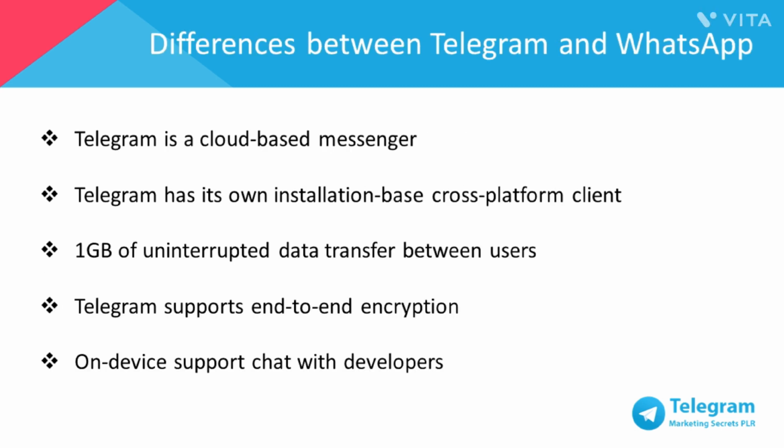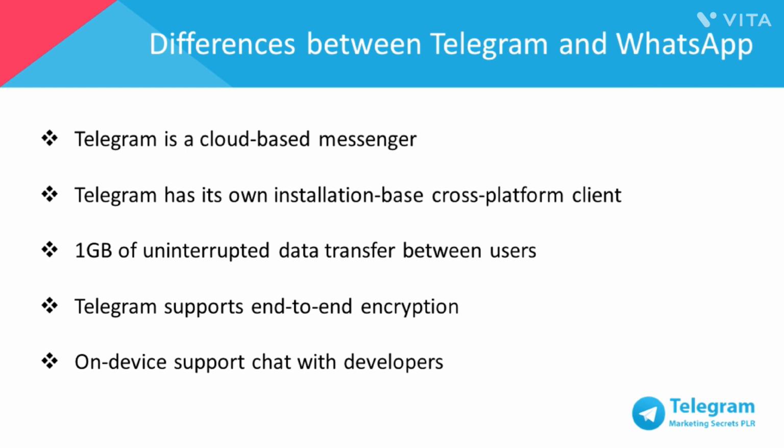Telegram is a cloud-based messenger with seamless sync, unlike WhatsApp, and due to the fact that it's a cloud-based application, Telegram delivers messages more quickly than WhatsApp. Another point to take note of about WhatsApp is that although it can be accessible from its web-enabled interface, WhatsApp will only work on Google Chrome, and the phone needs to be both turned on and connected through mobile data or Wi-Fi. Telegram has its own cross-platform client and can be accessed from your desktop or your tablet no matter which operating system you use: Linux, Windows, iOS, Android,